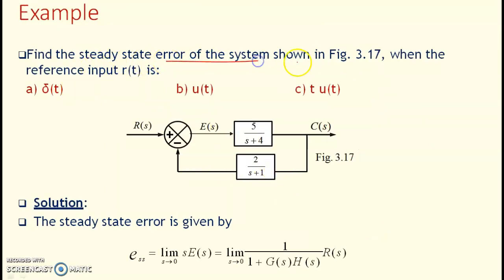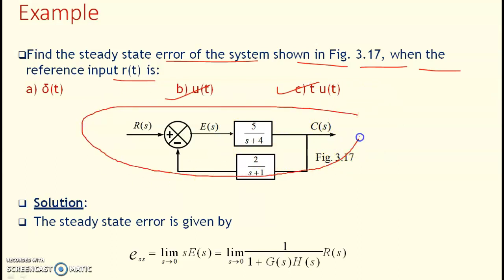Find the steady state error of the system as shown in the figure when the reference input is R of t. R of t is ramp. So A is delta of t, B is u of t, and C is t into u of t. So this is the given problem. This is the block diagram which is given. Reduce the block diagram by applying elimination of feedback. If you apply the elimination of feedback, you will get the transfer function equal to